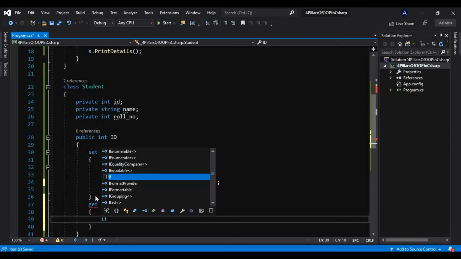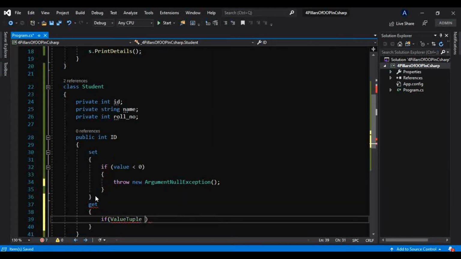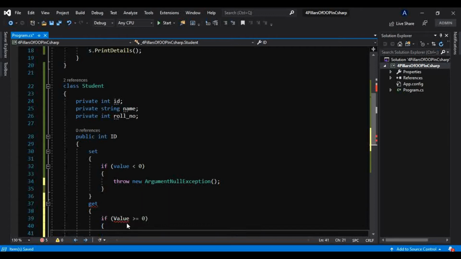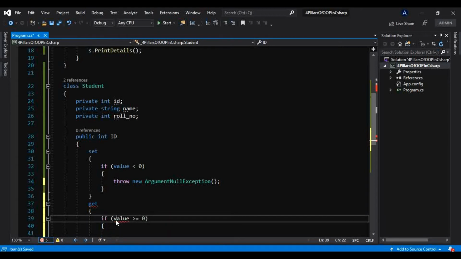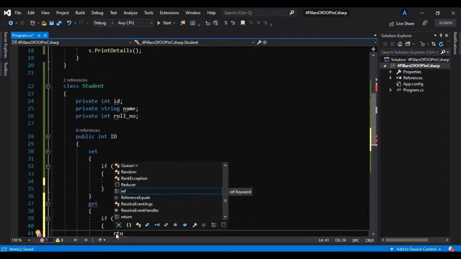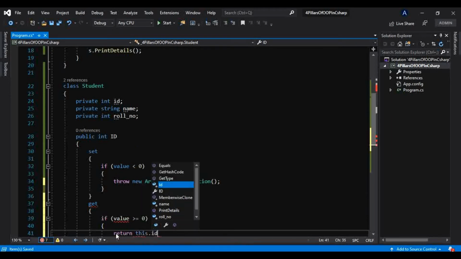Here as well we have to use one condition, that is value greater than or equal to 0, and then only we will return that value. Return this.ID, like this.